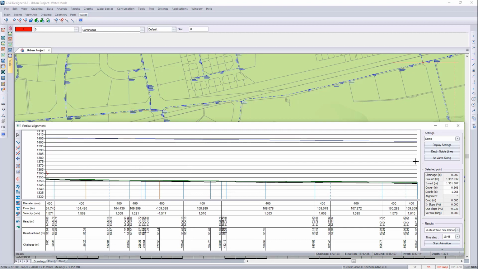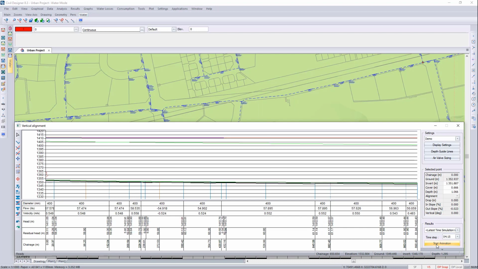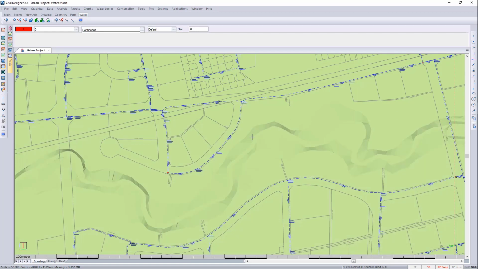And here you can see the grade line is showing, and we can do start animation to check what is happening during the course of the 24-hour period which we ran the analysis for. We can then close that,